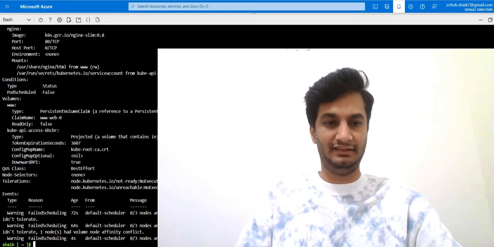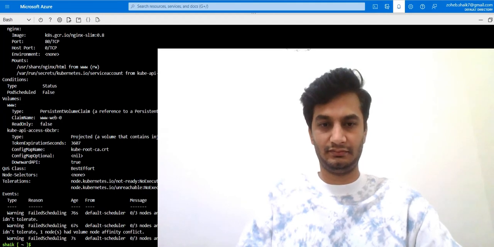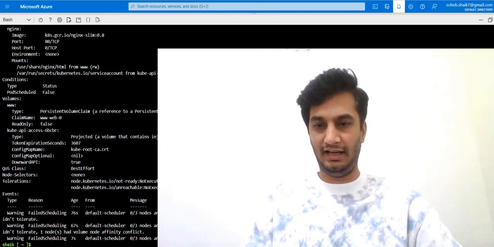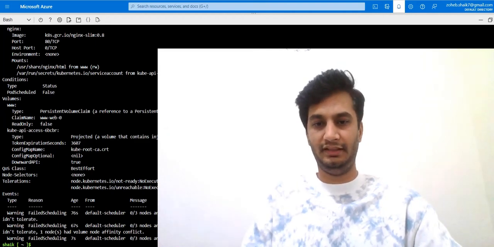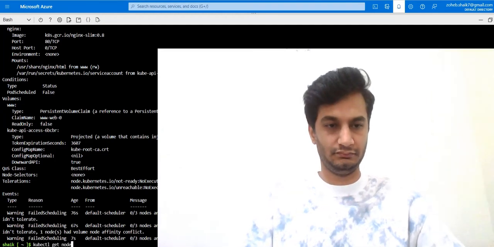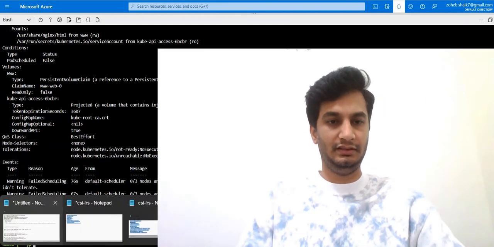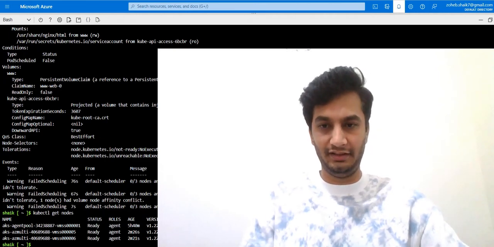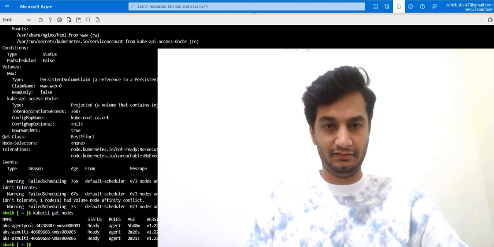Yeah, this is the exact error. Two nodes had a volume node affinity conflict. I'm just trying to describe in a detailed way. We have three nodes in total.